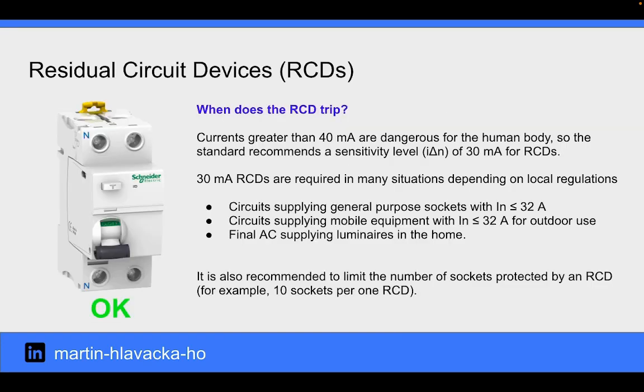When does the RCD trip? Currents greater than 40 mA are dangerous for the human body, so the standard recommends a sensitivity level of 30 milliamperes for RCDs. 30 milliamp RCDs are required in many situations depending on local regulations. According to IEC